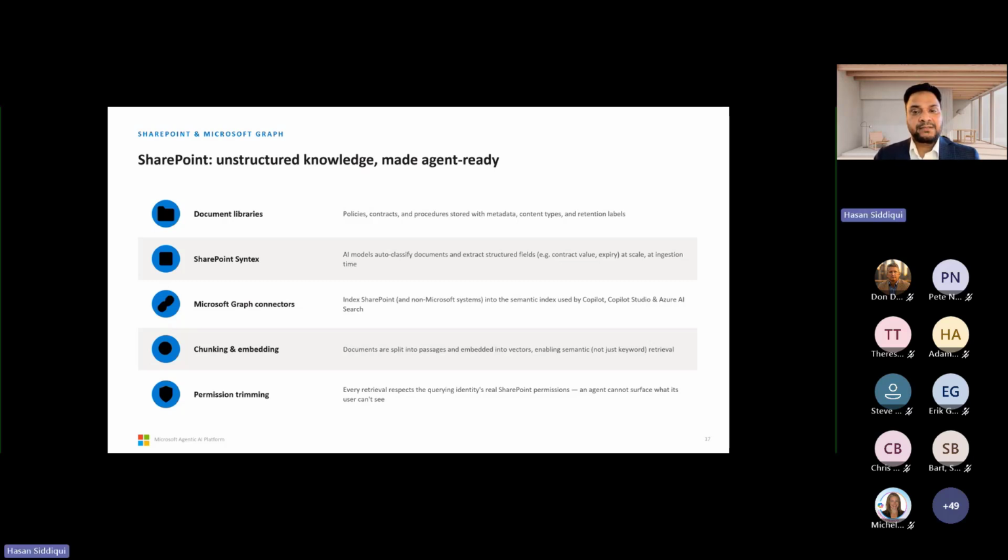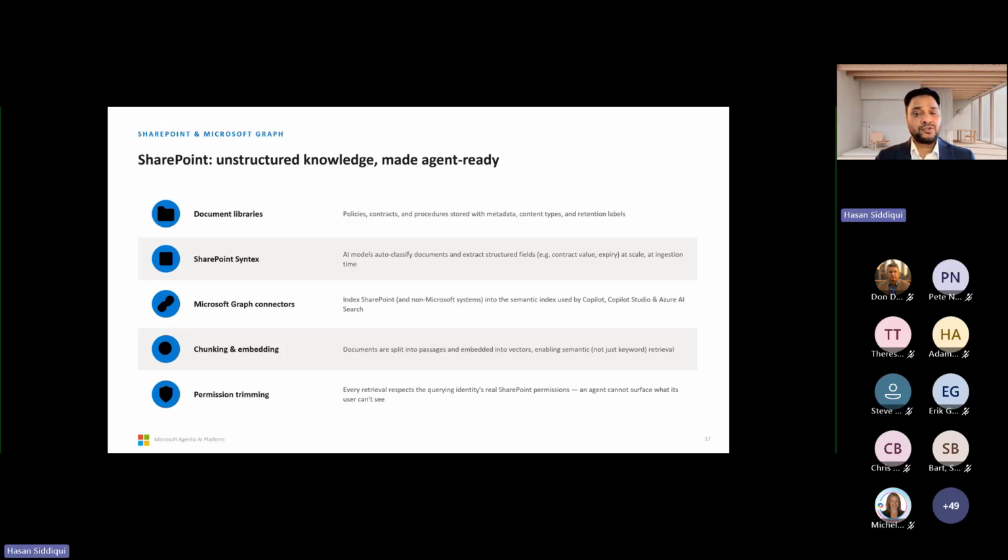SharePoint is almost always the biggest, most valuable knowledge source in any enterprise agent project. Most organizations widely use SharePoint, so most agent scenarios come down to integrating with a SharePoint knowledge source.